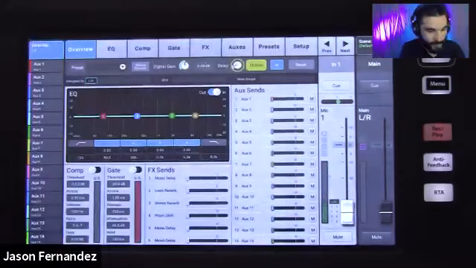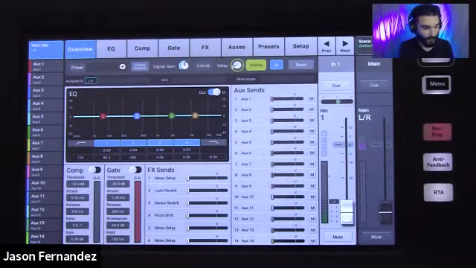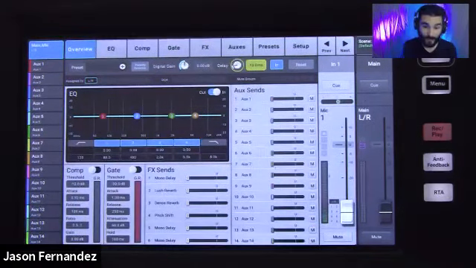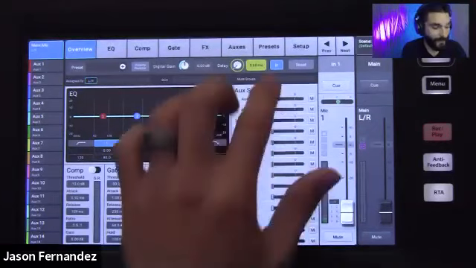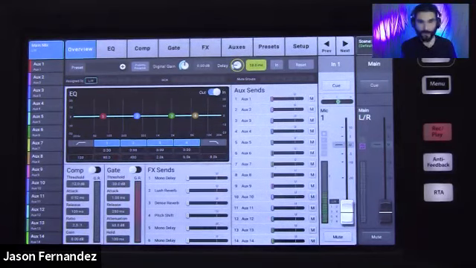And then we have our delay. We do have input and output delay on the mixer. So right here, we're looking at an input. This is where we can access our input delay. We have up to 100 milliseconds of input delay. And what this does, very, very simply, is delay the incoming audio signal by the amount of time specified on the dial here, up to 100 milliseconds.